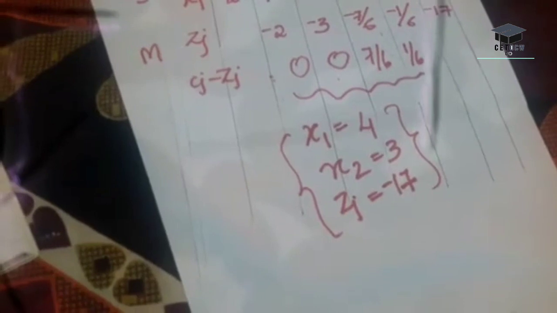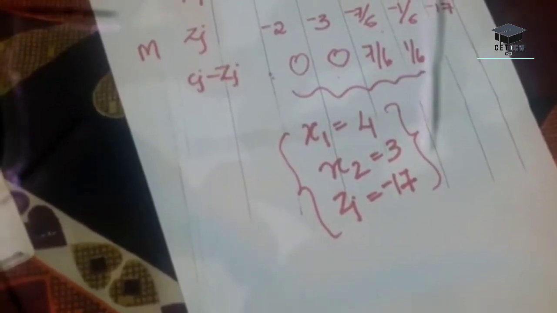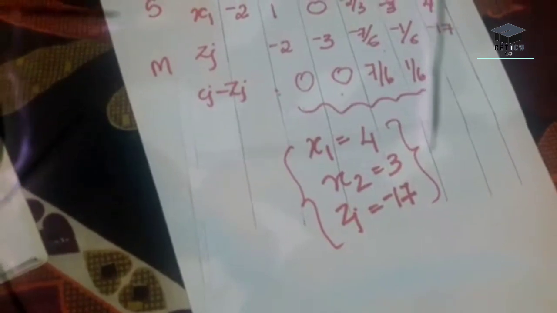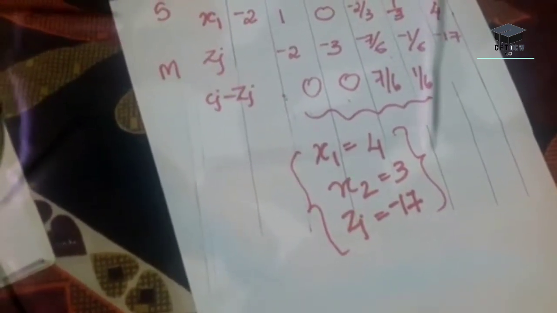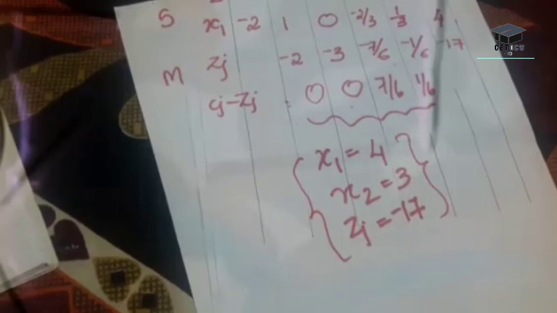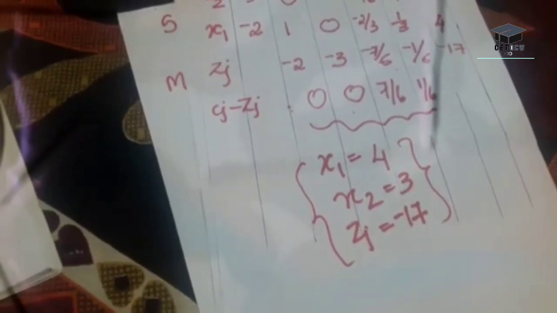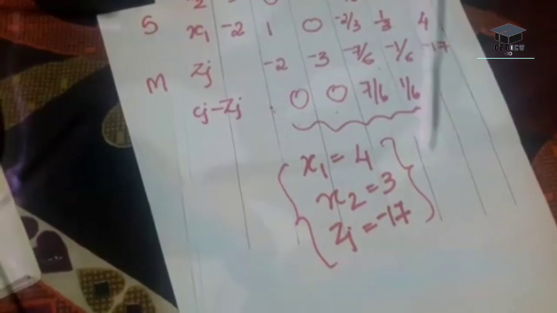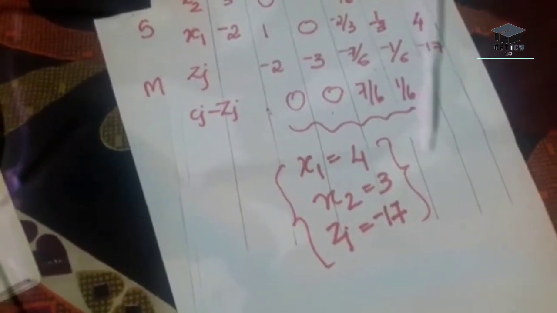So if you have any doubts, please do ask in the comment box. Before viewing this video, please do refer to the first video, the maximization video, so that you can understand that mode and the basics about feasibility, feasible solution, basis column, basic and non-basic variables, etc. And then if you do the minimization problem, you will feel it much easier.